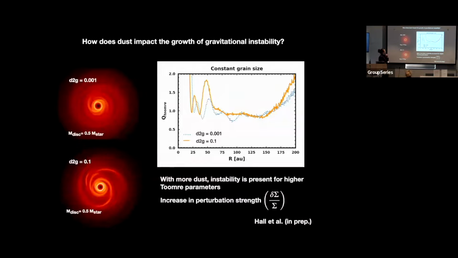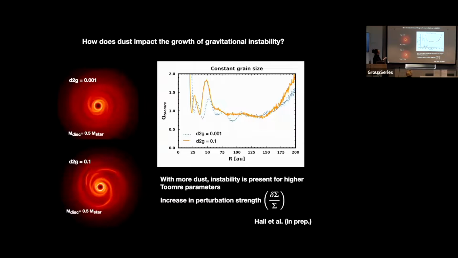So I started on this project looking at different dust to gas ratios. I started with a dust to gas ratio of 10^-3, so depleted relative to the interstellar medium, and then also increased relative to the interstellar medium. So here 10^-3, 10^-1, and the interstellar medium is 10^-2. And in fact, when I started this work, in my notebook, it was called dust back reaction suppressing GI, which is the exact opposite of what happens, it turns out.